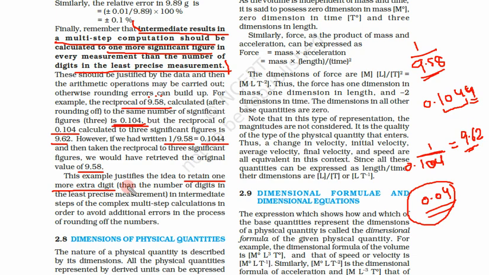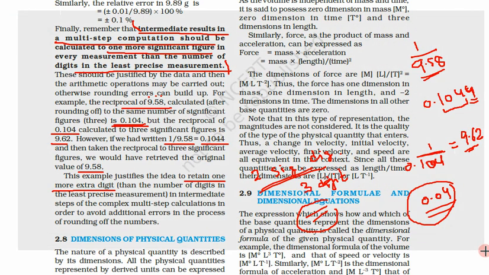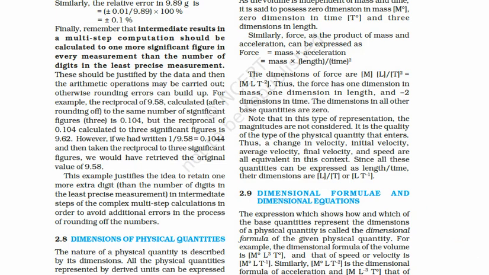So what they are trying to say is, suppose our least precise number has two significant digits. Then we must do all the calculation up to the third digit. Only at the last do we round the numbers off to two significant figures. So they are saying we must not remove the uncertain digits in the calculation itself, and it does not mean that we keep on retaining all the uncertain digits.